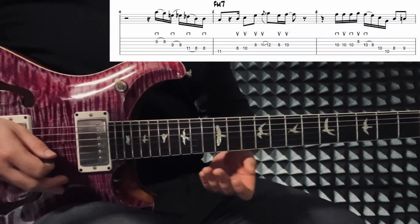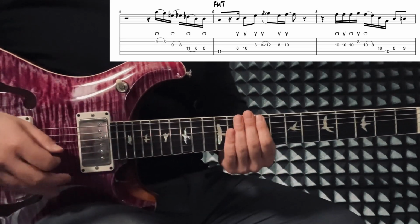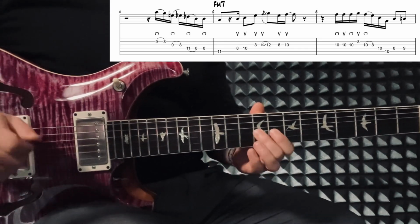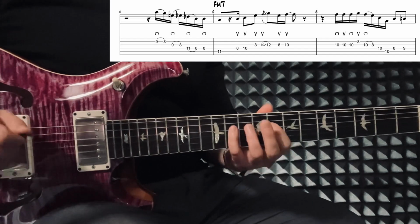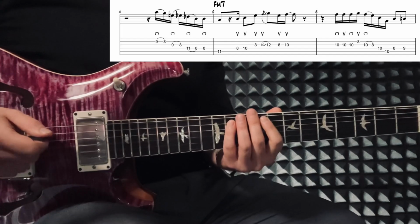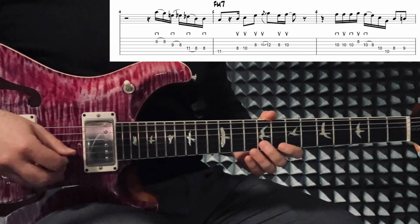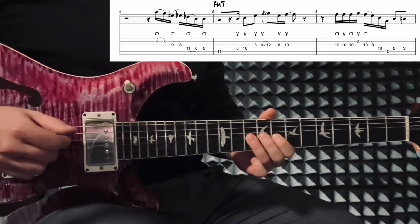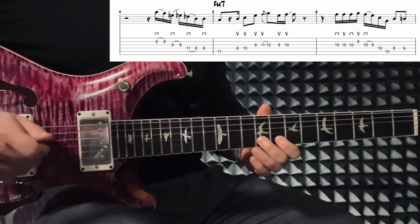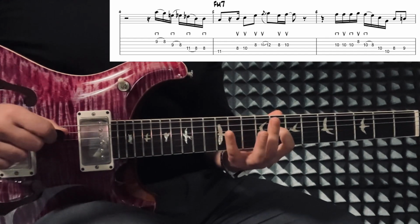But when you get to the 4th bar, you will encounter the first busy part, which would be the perfect opportunity to invert our right hand picking and mix it with some pull-offs, right? The last one is kind of up to you, I guess. No pun intended. So if you would play this the conventional way of up, down, I can't even do it the regular way anymore. So we would have down, pull, down, pull, down, pull, down, and then you're at the